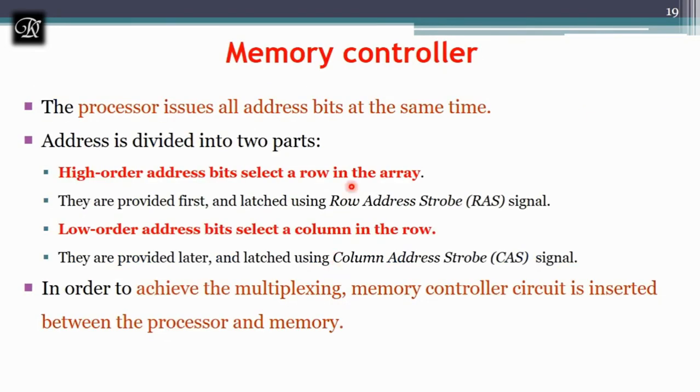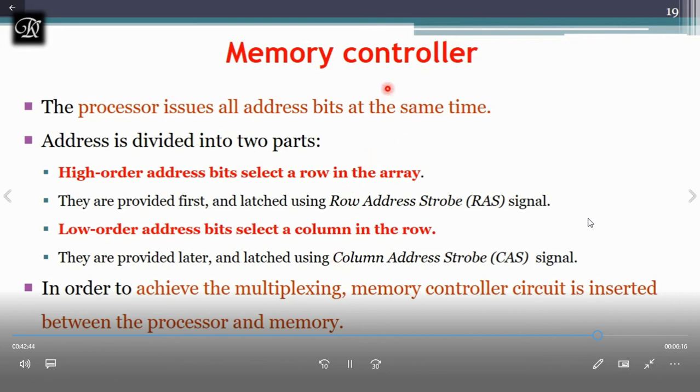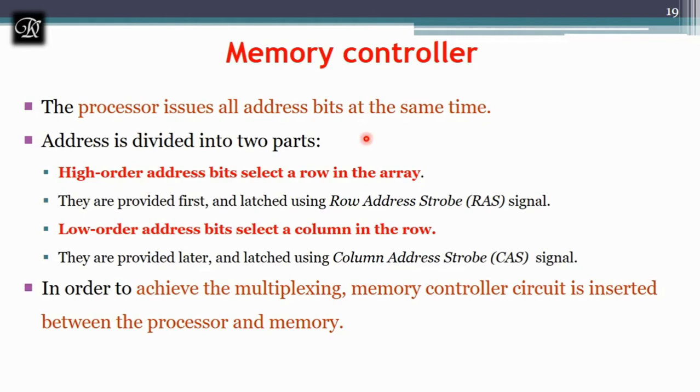Next, we will see how the memory controller works. We spoke about the memory controller, which is responsible for dividing the address. In the previous diagrams I told that the processor is going to give the address, and that address is divided into rows and columns. Who is responsible for doing this? This is done with the help of the memory controller. Asynchronous RAMs will have a memory controller which can generate its own clock signals, but a synchronous memory controller takes an input from the processor, and works based on the processor clock signals.